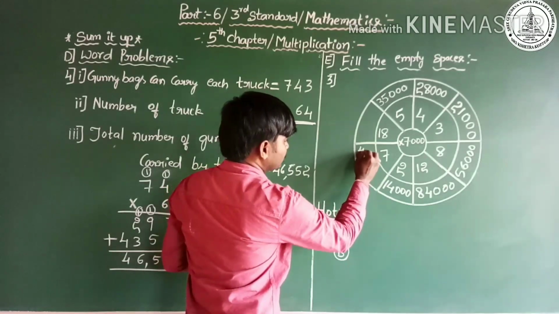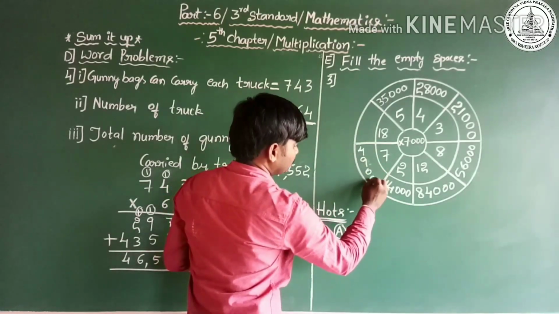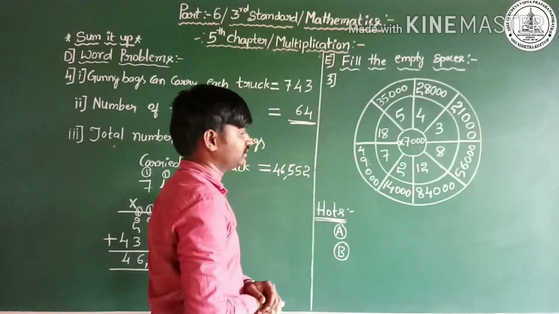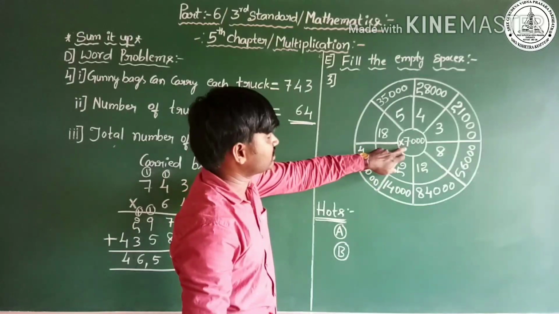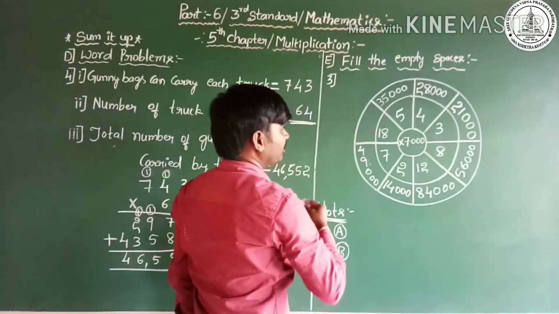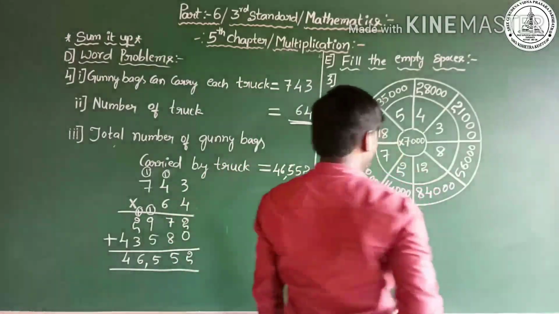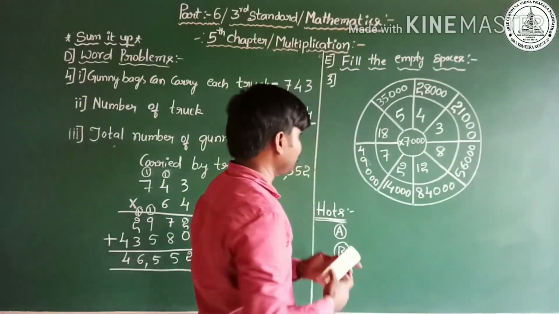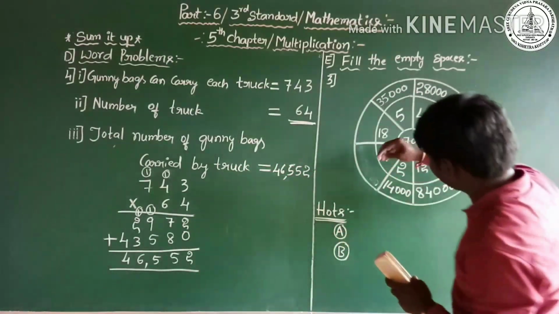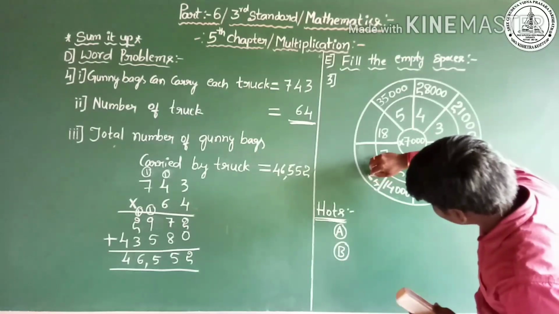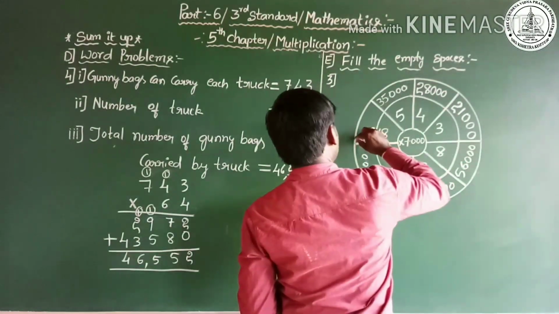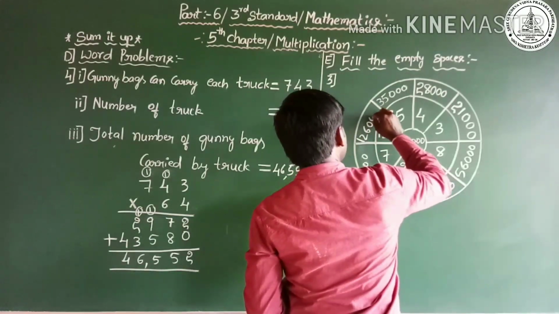You write this like also, 49,000. Yes dear student, 49,000. The next, 18 7s are, 18 7s are 126. 7 7s are 49, it means 49,000. Yes dear student. The next, 18 7s are 126 into 3 zeros.